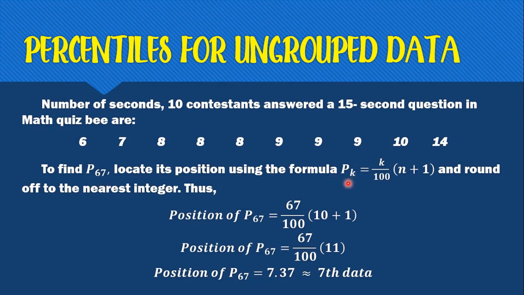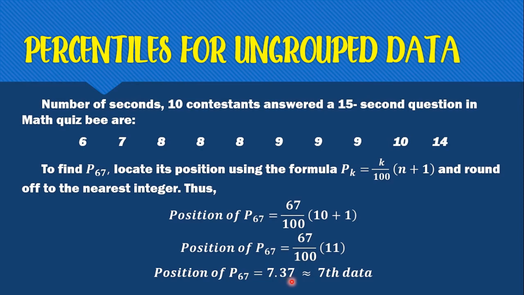We use now the formula P sub k, where P refers to the percentile, is equal to k over 100 because we are dealing with percentiles, meaning we divide the distribution into 100 equal parts, times the quantity of n plus 1, and then we round off to the nearest integer. Thus, the position of P sub 67 is equal to our k again, 67 over 100. Our n is equal to 10 because there are 10 contestants. So we have 10 plus 1 is equal to 11. And 67 over 100 times 11 is equal to